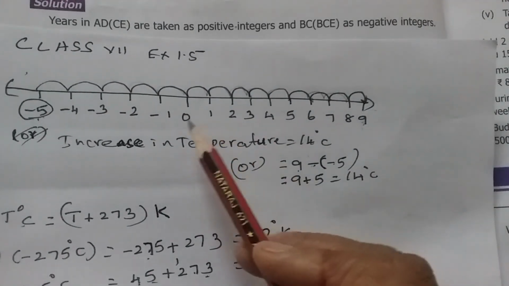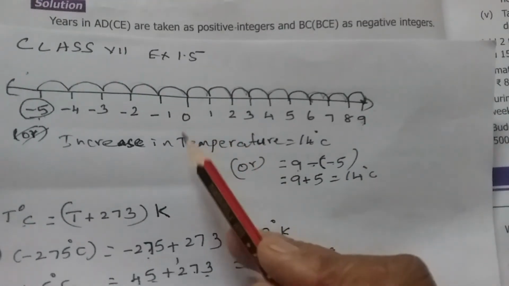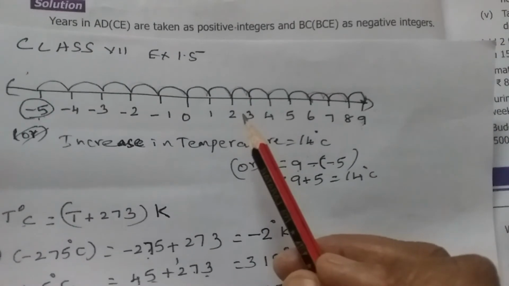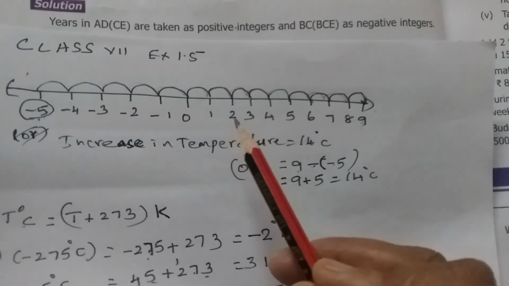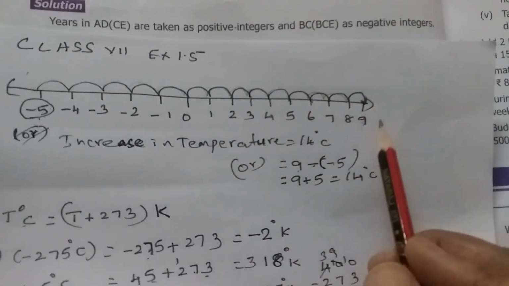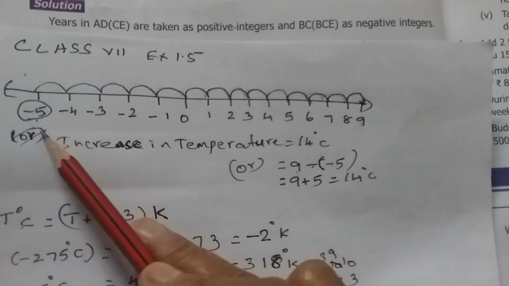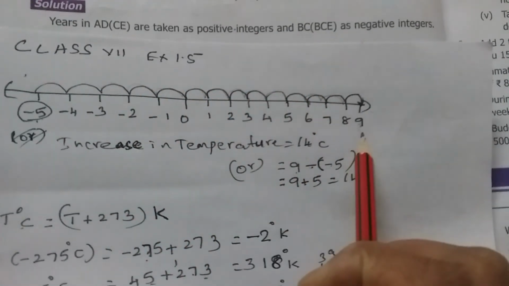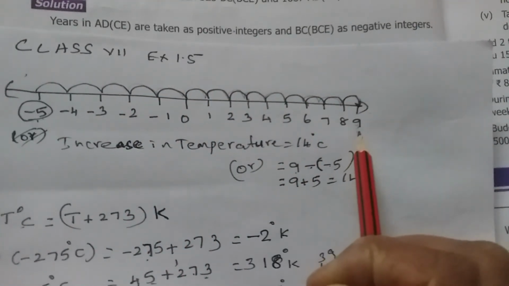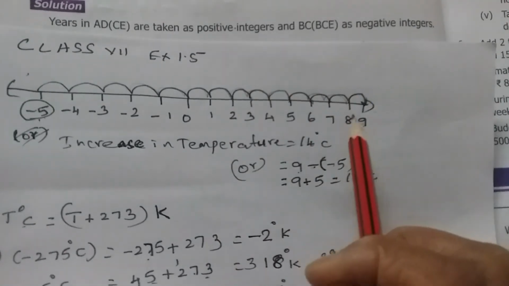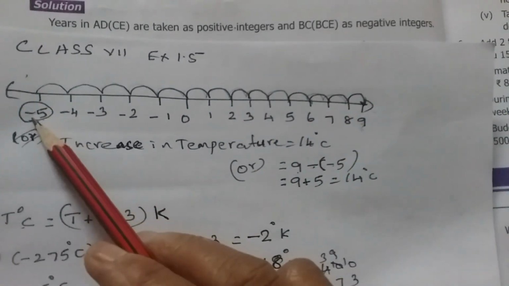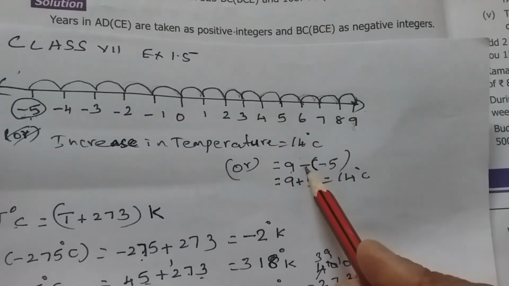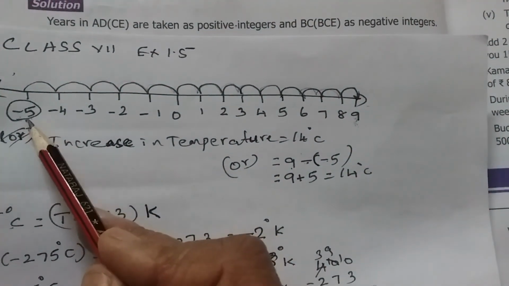We have to find the increase in temperature. Whenever it says find the increase, or find the decrease, or what is the difference, when such words come, it is always subtraction. And how to subtract? The final value minus the initial value. So the first day is minus 5, the second day is 9. The second day temperature is the final value for us, because it is increased. So the increased amount is the final temperature minus the initial temperature. So it is 9 minus, subtract the first day's temperature, that is minus 5.